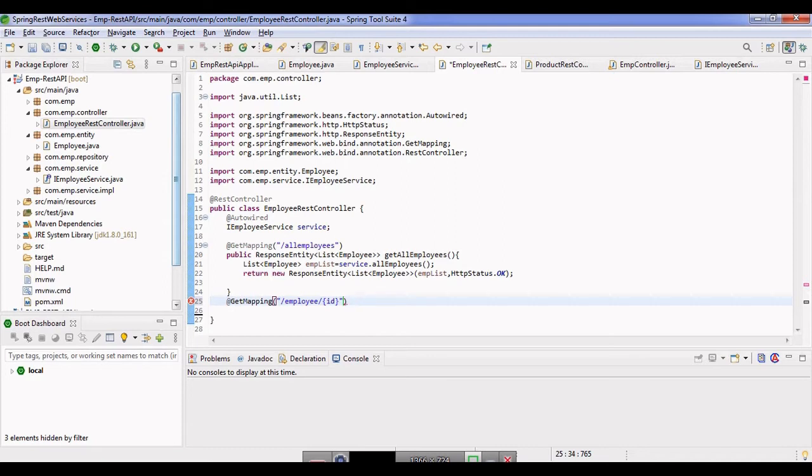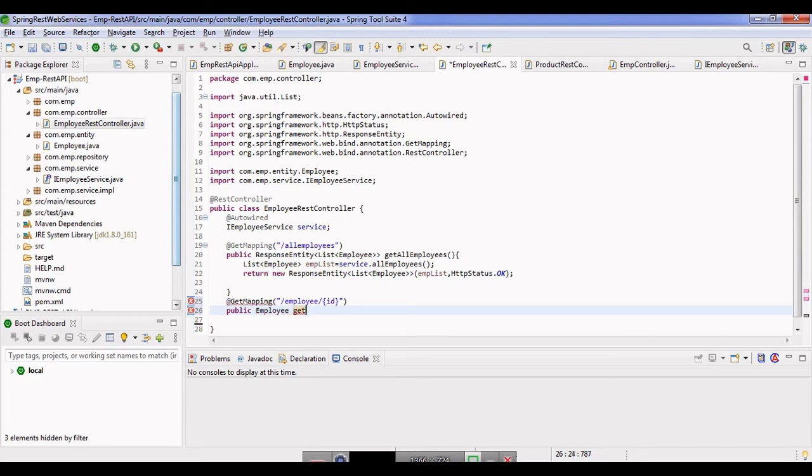Okay, so next I'm going to write down the code. Public, the return type is Employee, as we are returning one employee object, and you can write an appropriate name, getEmployeeById.